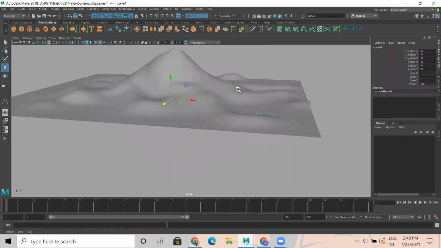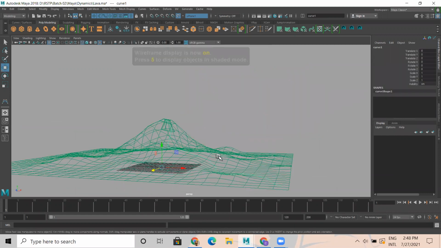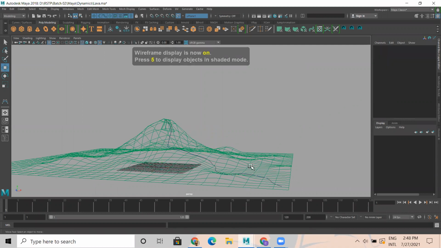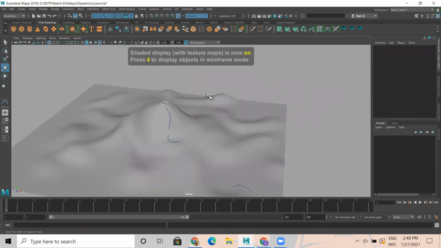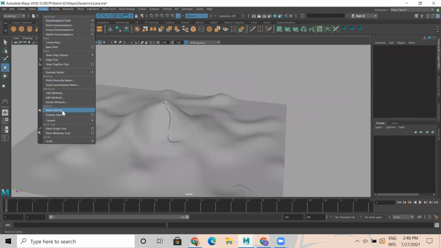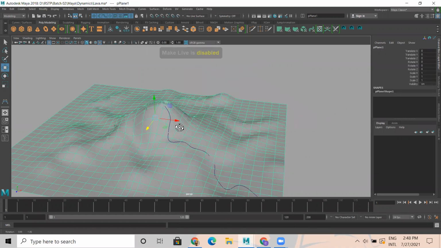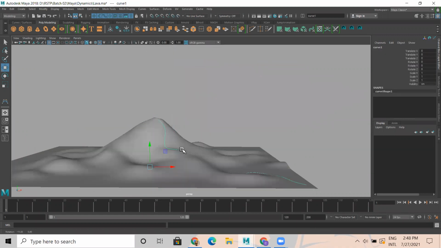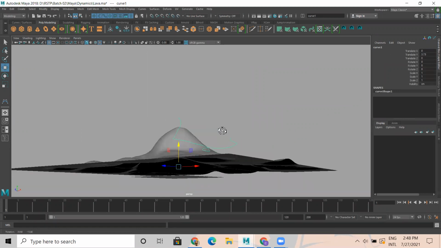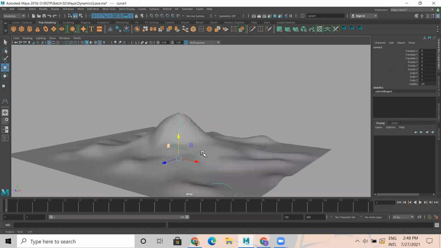Press enter to complete. So you can see a curve has been created on the surface. I'm selecting this particular surface, go to modify, make not live. Now if you notice, a curve has been created on top of the surface.